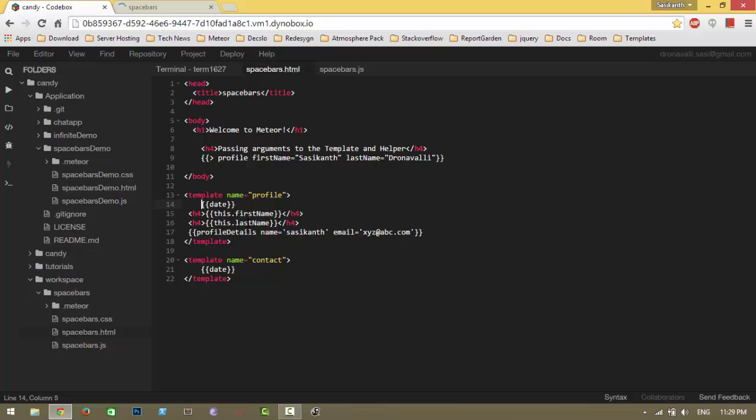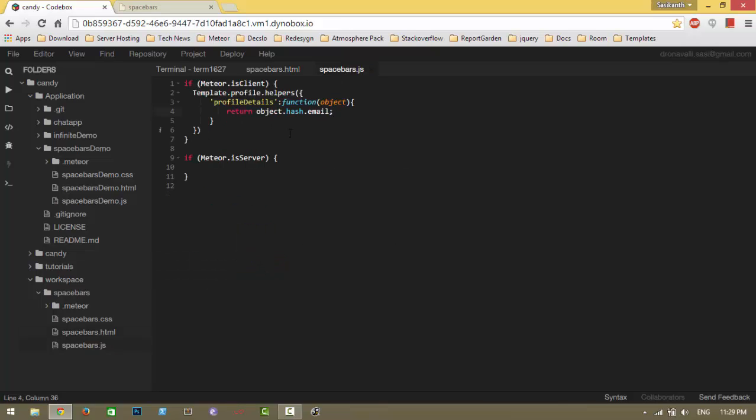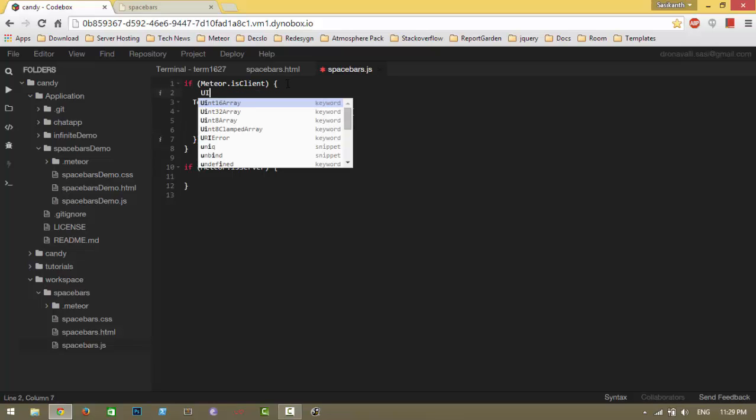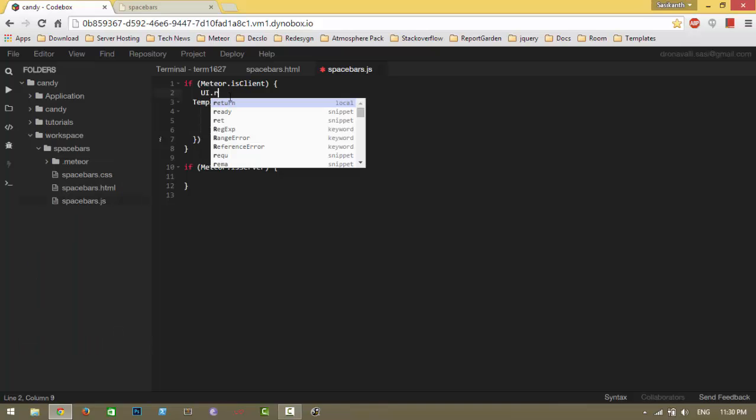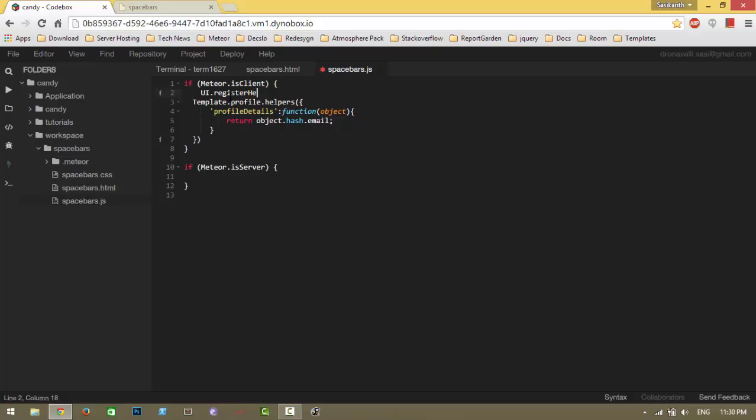In the normal process we create a helper for this template, and we create another helper for that template. But in Spacebars we have an option to create global helpers using UI.registerHelper